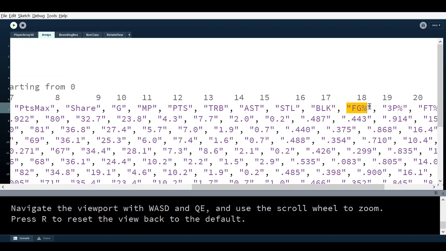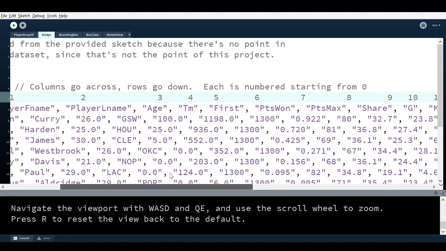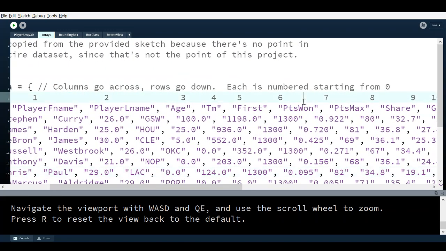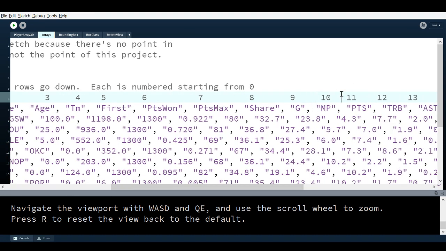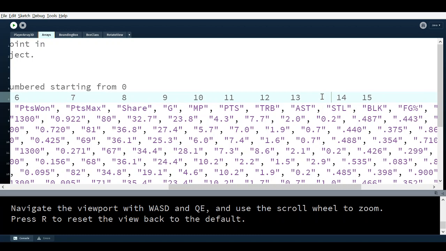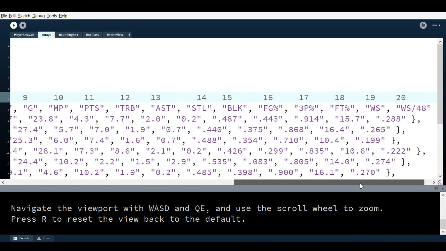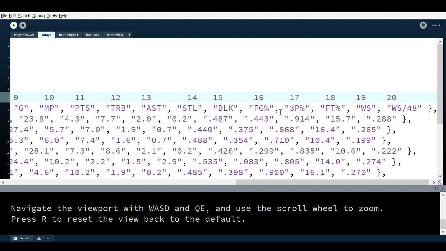Really, this is 16, then this is 17, and that's 18. That's what's important. So that's 16, 17, 18 of the